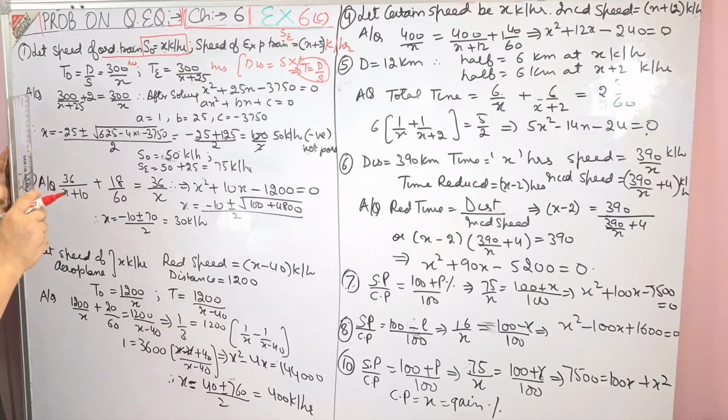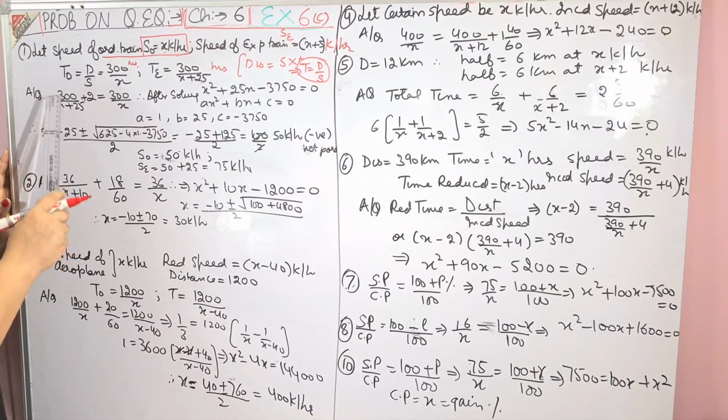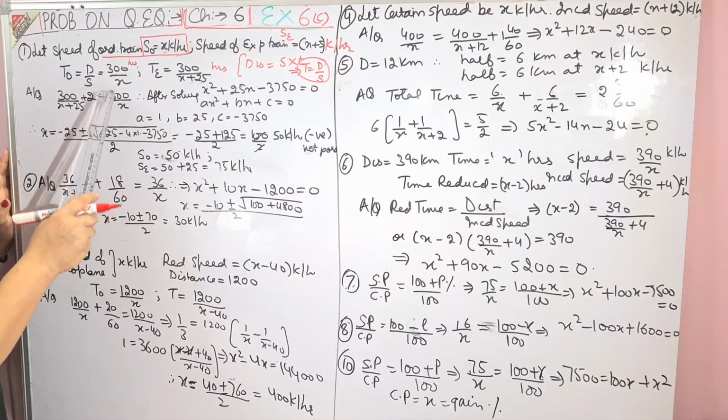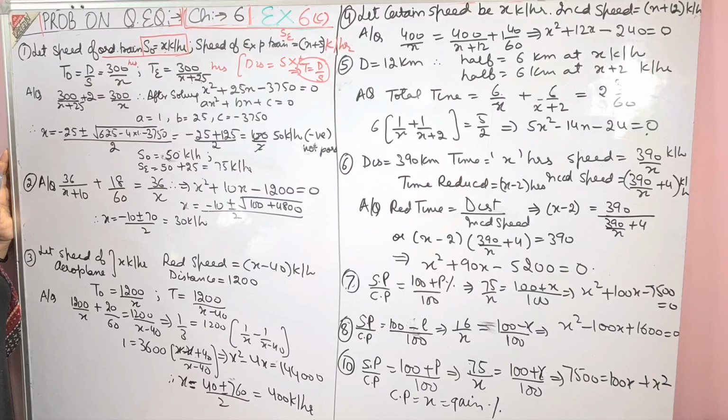For example, see, according to the question he says 2 hours more. So 300 upon x plus 25 plus 2 is equal to 300 upon x. Now see, what I am trying to make you understand is that more or less does not matter to you. The language means more or less. It will be mentioned in so many questions. In some it will be mentioned more, in some it will be mentioned less. But you will not go after that.